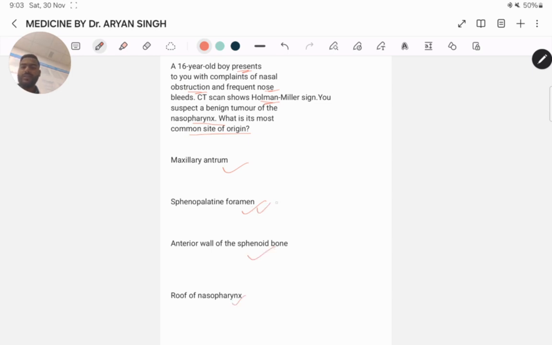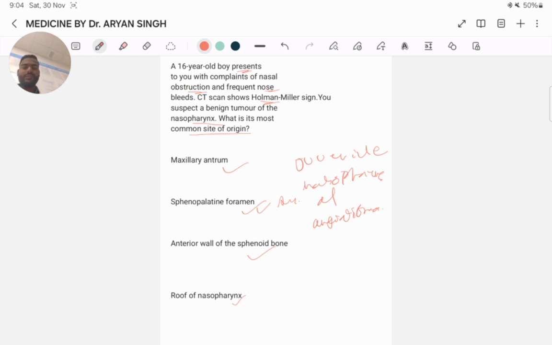The best answer is sphenopalatine foramen, because the unique clinical scenario along with the CT scan showing the Holman-Miller sign leads to the diagnosis of juvenile nasopharyngeal angiofibroma. It most commonly arises from the sphenopalatine foramen. From there the tumor extends to the nasal cavity, nasopharynx, infratemporal fossa, pterygopalatine fossa,